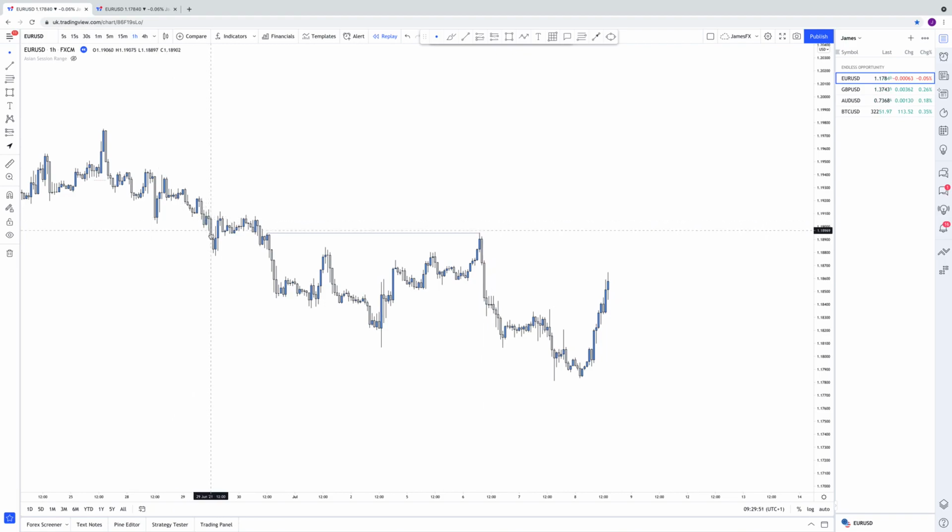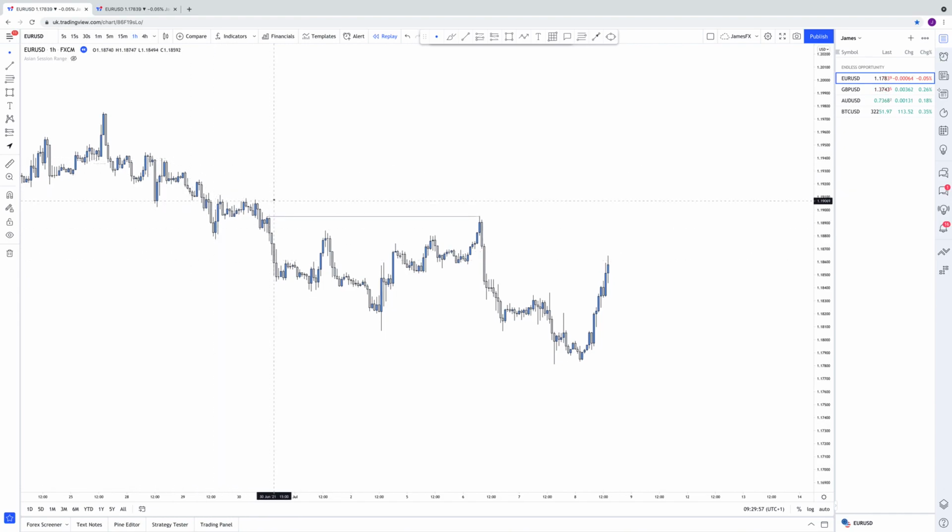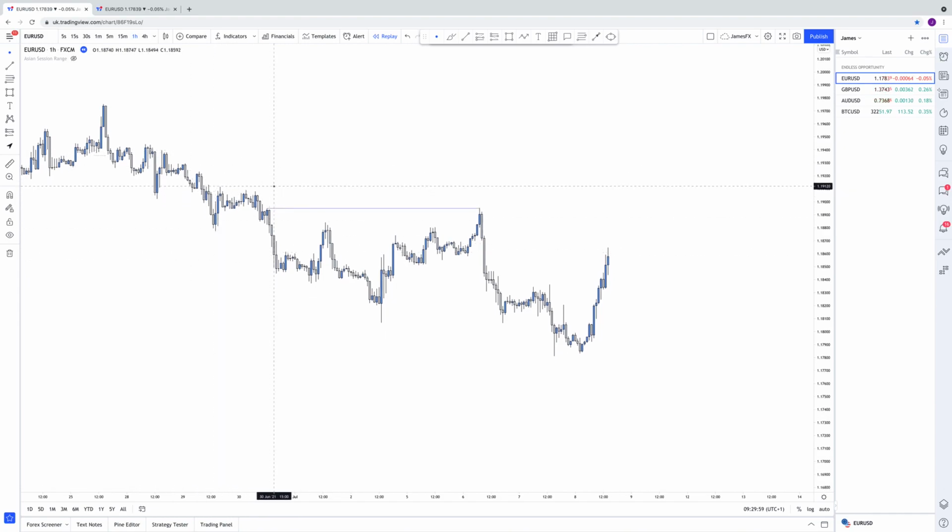But then we pulled back and broke again. Last up close, refined to that candle, mitigation. So I'm sure you get the idea. Now, what we can look at here